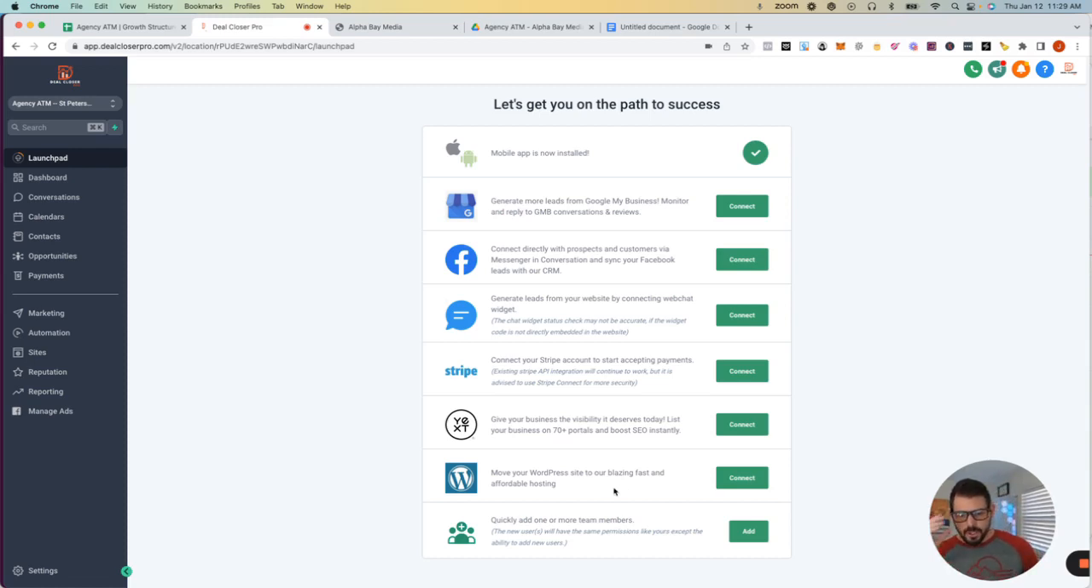They do now have where you can move your WordPress site or build a WordPress site directly on the platform. So you can do that as well. We don't necessarily use it, but a lot of people do. And then also right here, if you need to add multiple people to your business, team members, you can do that there. So Launchpad is a great place,